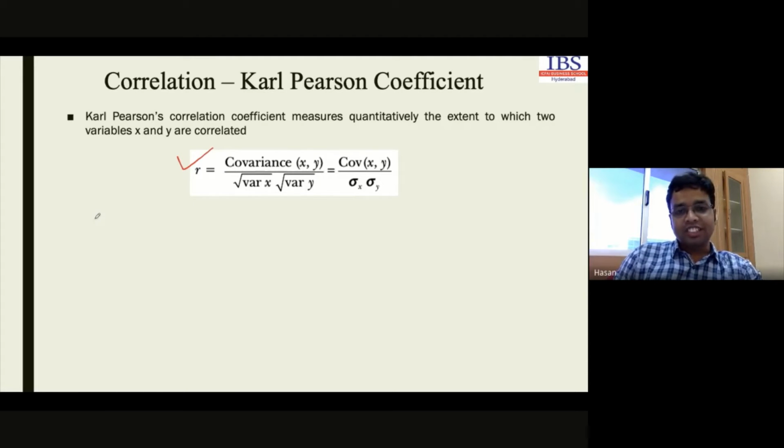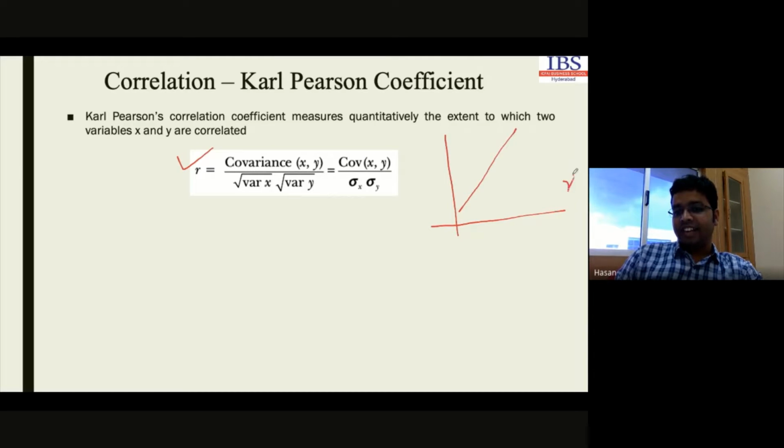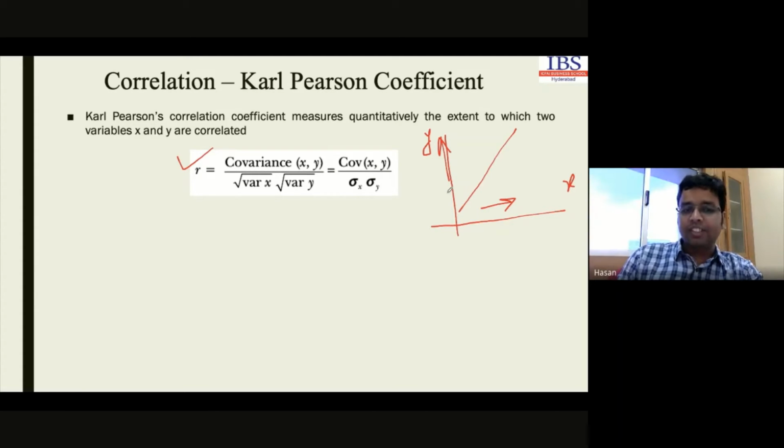So we have already discussed the scatter diagram. From the scatter diagram, we can visually decide the relationship between these two parameters x and y. We can easily say whether x increases and y increases or not, whether they are positively related, negatively related, non-linearly related, or not related at all. We can easily observe this from the scatter plot. This is graphical.